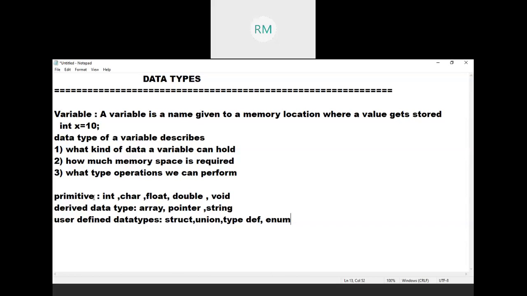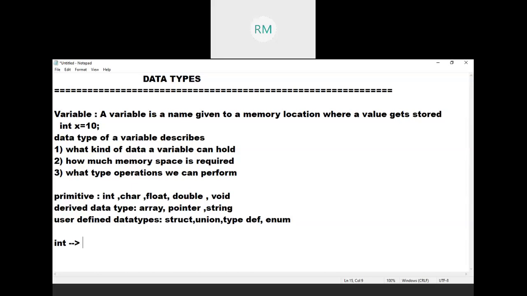First, in primitive data types, there are numeric and non-numeric data types: integer, float, double, and char. We have different data types. First one is integer data type. In integer data type, we have short int. Here you can use some modifiers like signed and unsigned, and short, long.